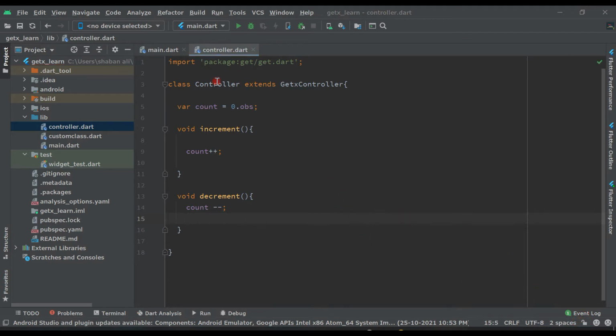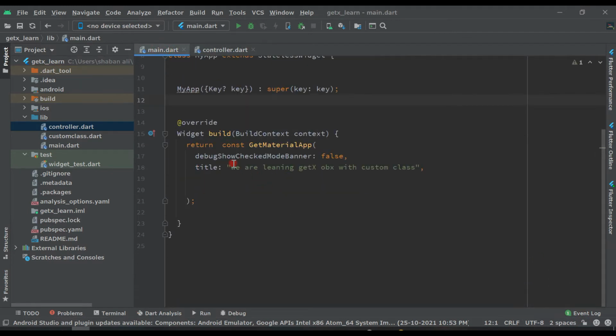And now come to the main dot dart where, as usual we are doing in every video, we are returning GetX application, we say debug checkmark false, because we don't want the icon for debugging on the corner of mobile, and title will be this.